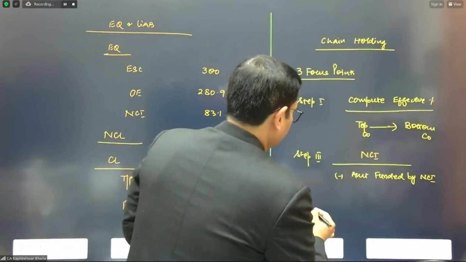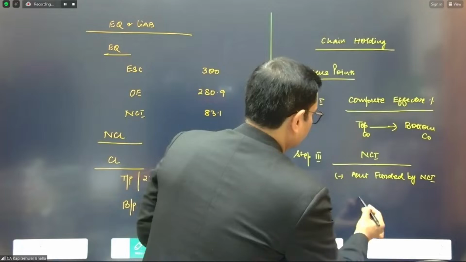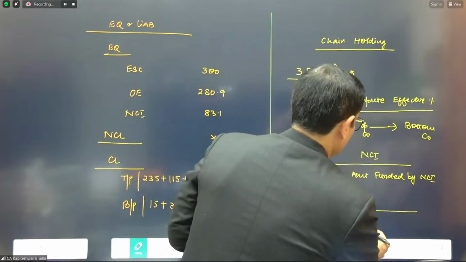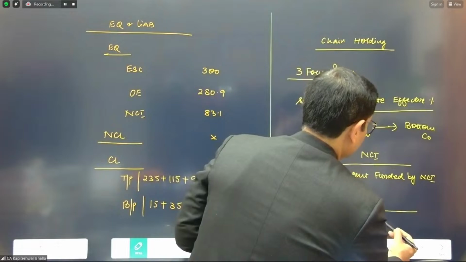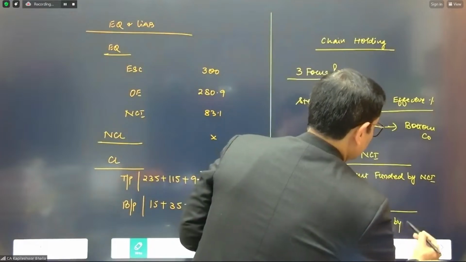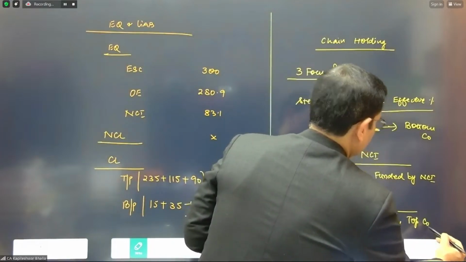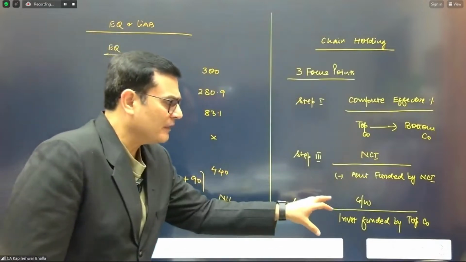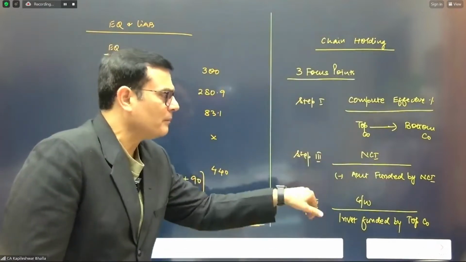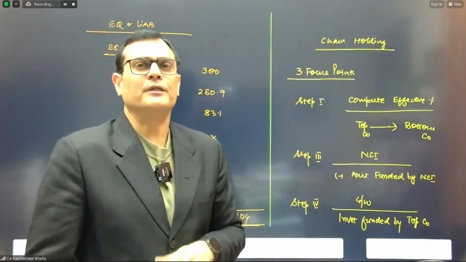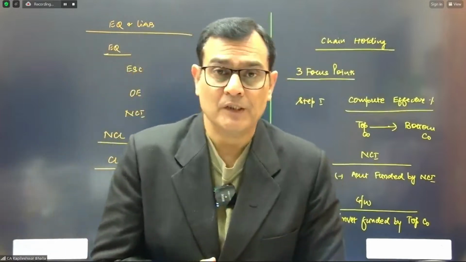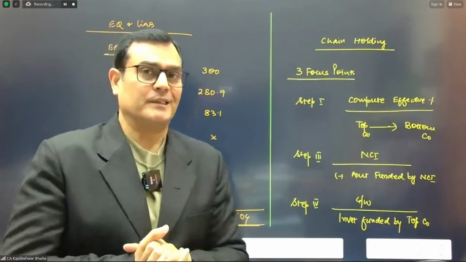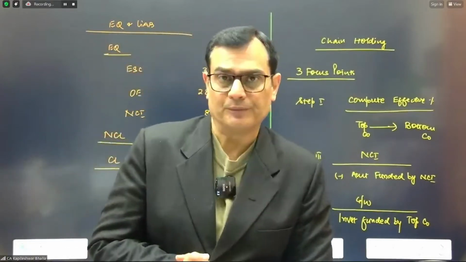And when you go to step number 4, that is on the goodwill calculations, you need to consider the investment which is funded by the top company. And I think you'll easily remember, when you consider the funding by the top, automatically you remember that the remaining is to be reduced from the NCI. So these are the only 3 crucial points, which I've explained with logic as well as why we are doing so.